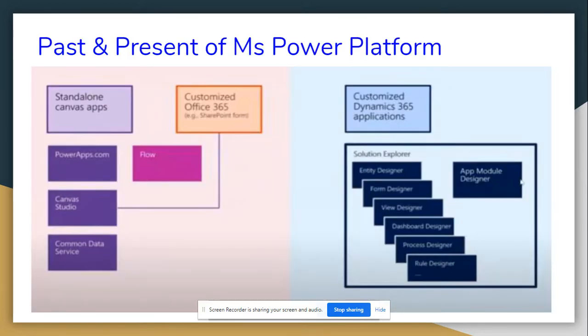Okay, this is the past and present structure of Power Platform. As you can see, customized Dynamics 365 applications are here, and we have standard and Canvas applications here, and Power Apps and Studio and common data services, and everything is individually separated. Right now, it is happening like that only. But